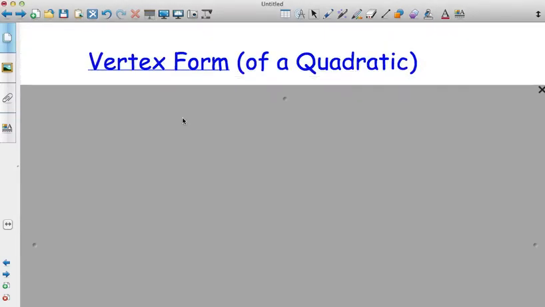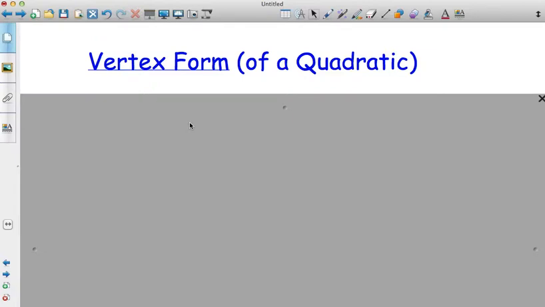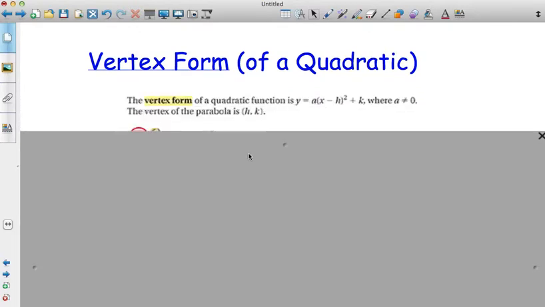What we're going to look at today is the vertex form of a quadratic. What you should do, if you haven't already, is grab out your MJ. I'm going to give you some new formulas that you'll want to record as we go along. I apologize about the fuzziness, but I just copy and pasted from your textbook so you can follow along. It's from 8.4b. The vertex form of a quadratic function is y equals a times (x minus h) squared